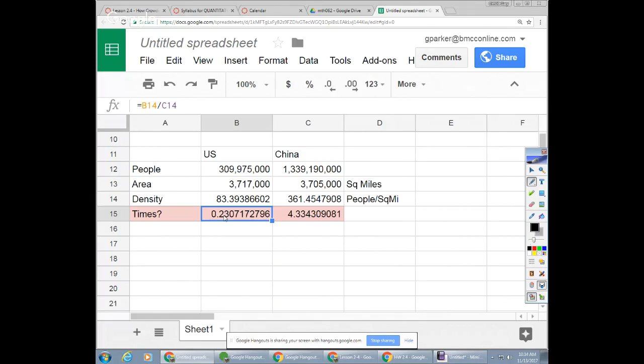We couldn't say we're 23% less dense because less means we did a subtraction. So how much lower is 23% than 100%? Consider that a percentage for a minute. About 70, 75%. So what we could say is the US is about 75% less dense than China. That's taken away from 100% given that China's our measuring stick. So China would be 100%. Usually when you do one of those divisions and it's a whole number, it's pretty easy to interpret. But when it's a fraction, like 0.23, it's a little harder to interpret. And that's what we're going to be working on next, how to interpret those differences.